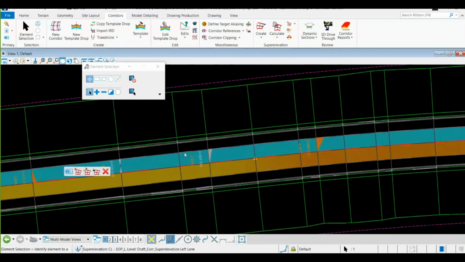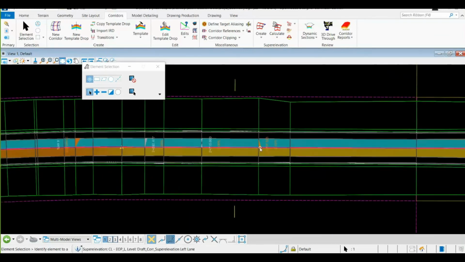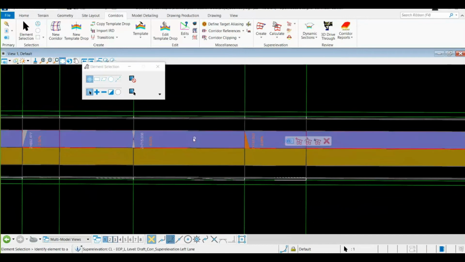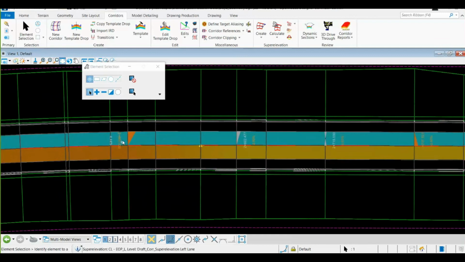So along with the chain edge, you are going to get your superelevation values, and these values are coming, I will repeat again, from the rule file which you have selected. If the text is in orange color, you can manipulate. Suppose I need to change the chain edge, I can simply click over the orange text and manipulate it.